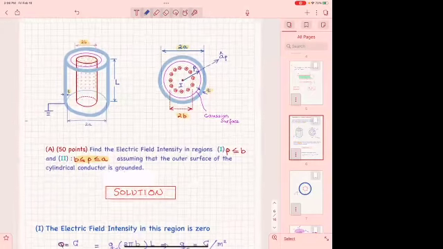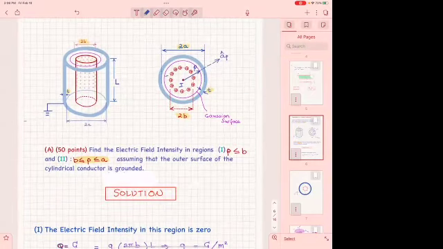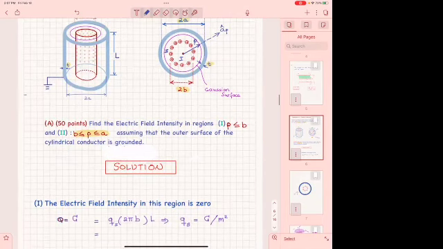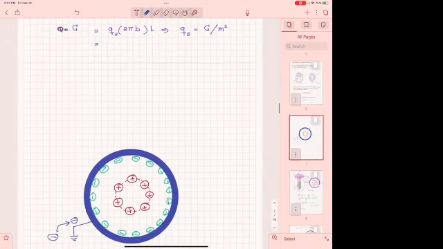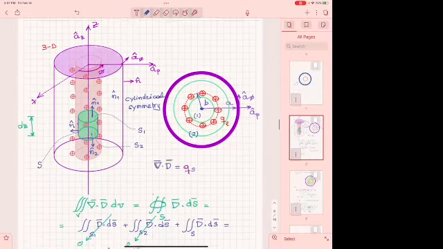And then 2 is here, between that cylinder of charges and the surface of the other cylinder that encloses this whole structure. So that's number 1. Okay,